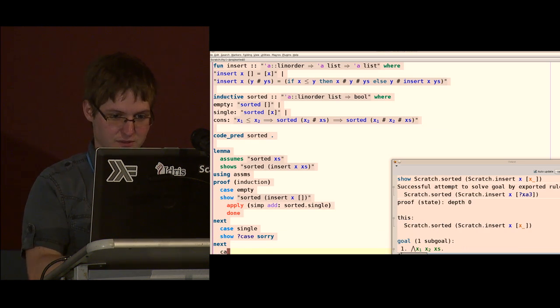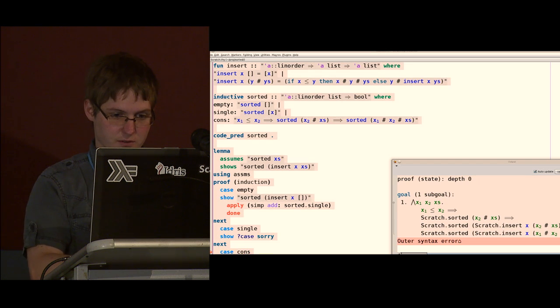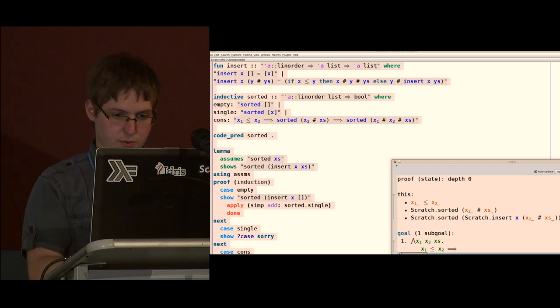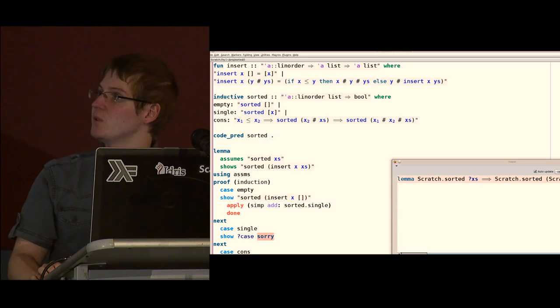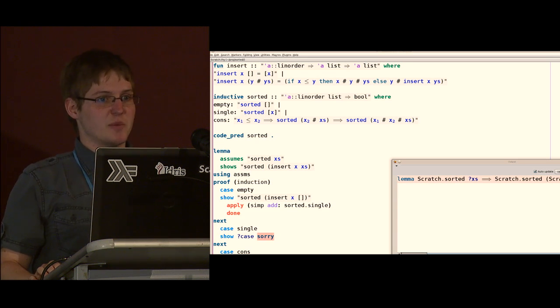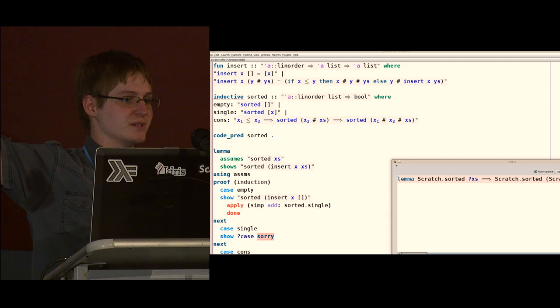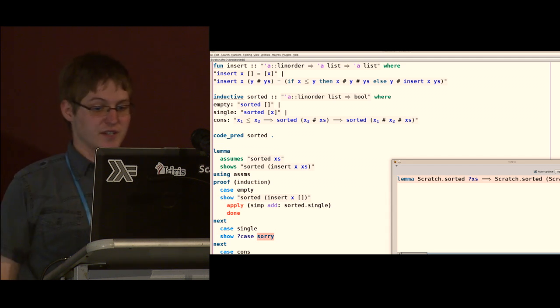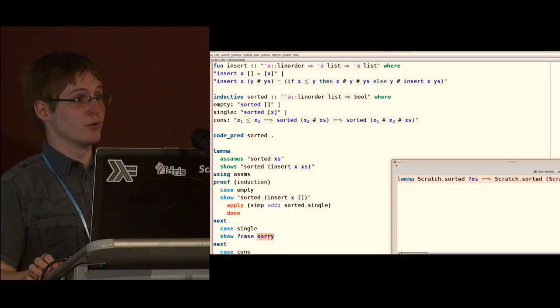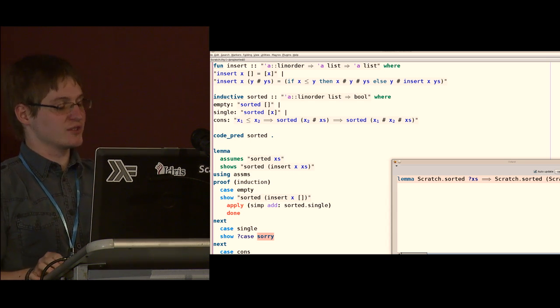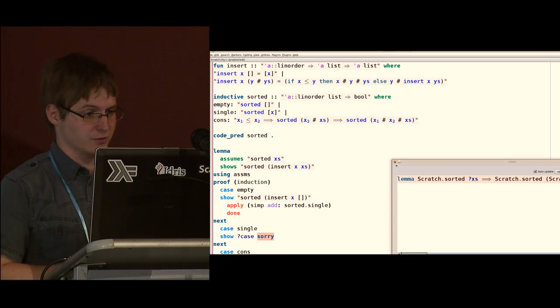You can say case cons, and we say, okay, please, I have no idea. So it will just accept that. And of course, it will kind of tell you that you're a bad person by highlighting in red, but it will still accept that here in this IDE. If you try to run it on the command line, it will yell at you. So no worries about invalid proofs or something like this. There's always some way the system will yell at you.